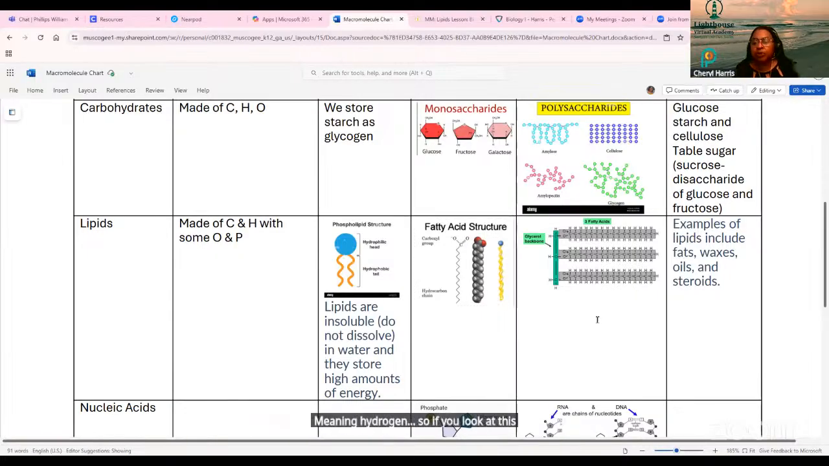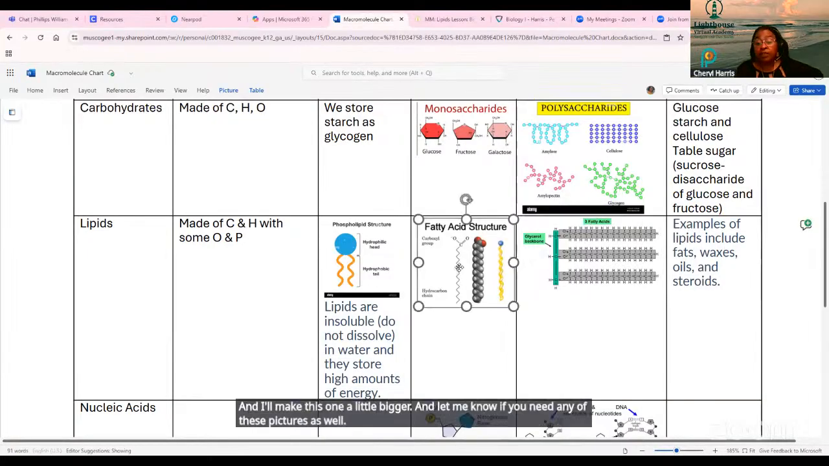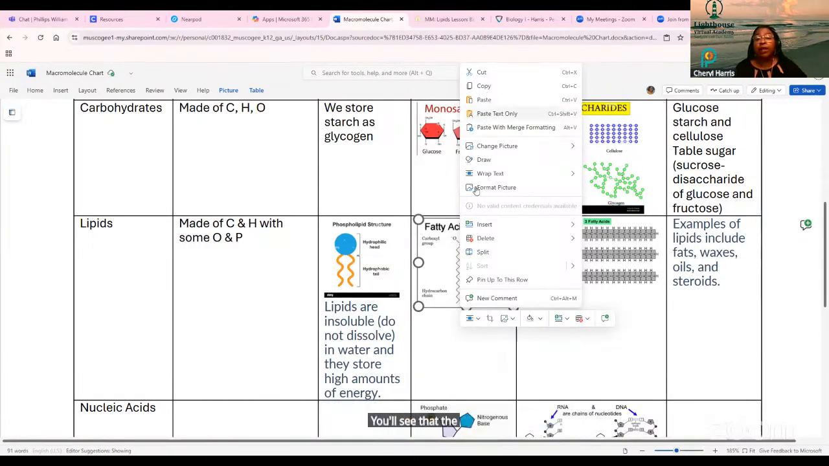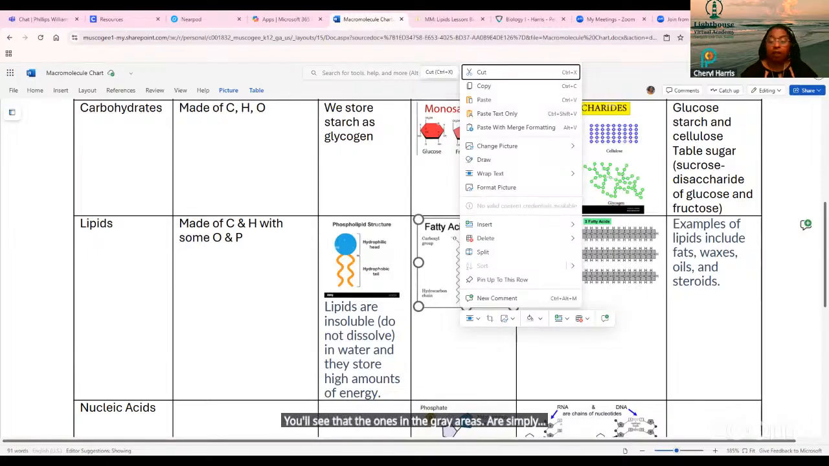So if you look at this picture in the polymer box, make this one a little bigger. And let me know if you need any of these pictures as well. In fact, let me just put these in. All right, but if you look at the picture of the polymer, you'll see that the ones in the gray areas are simply long chains of carbon and hydrogen all connected to each other. So this is why we say it's mostly made up of carbon and hydrogen. On the end, at the top, it's got some,